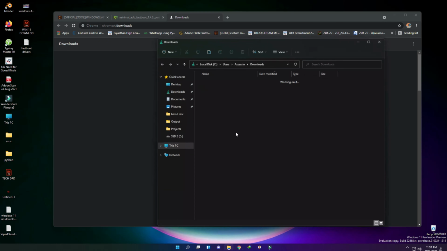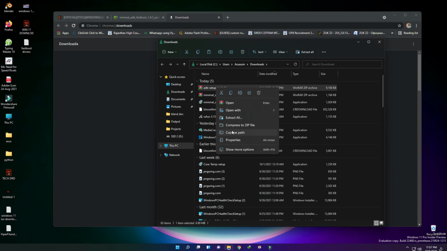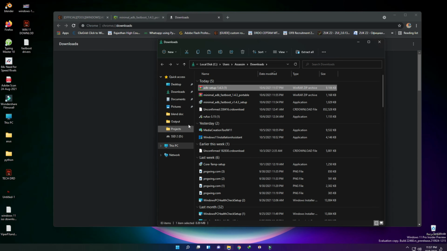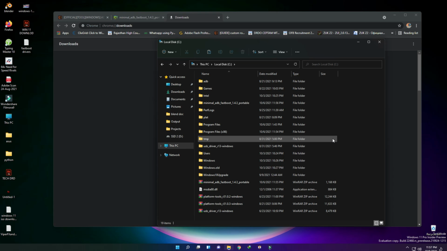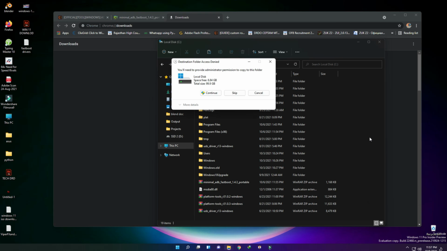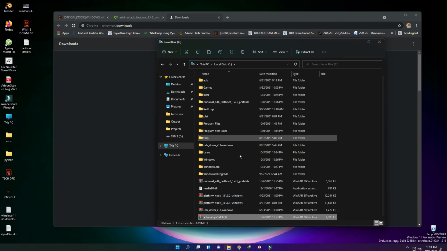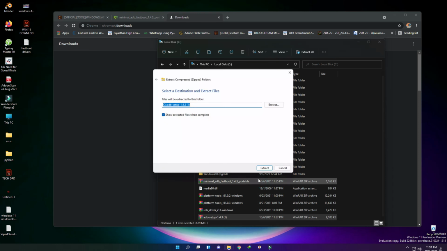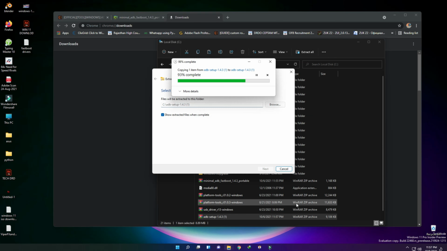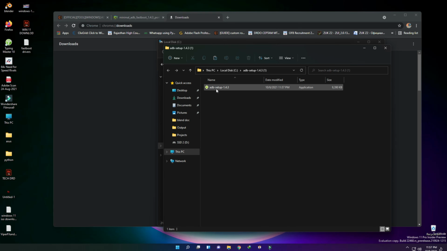So now the download has been completed, and now I need to copy this downloaded file to the C drive. Okay, so just paste here and extract this zip folder in the C drive, and open the folder, and here we can see the ADB setup. So just open this file, that is ADB setup, and follow the on-screen instructions to install the Fastboot driver